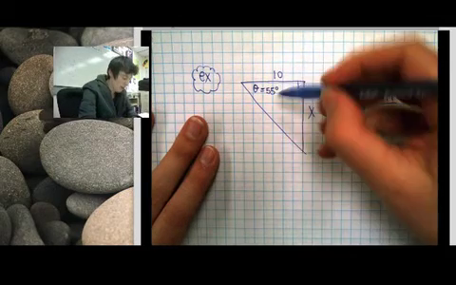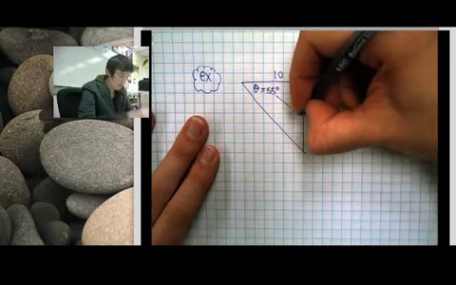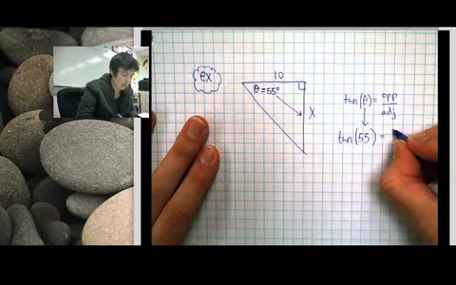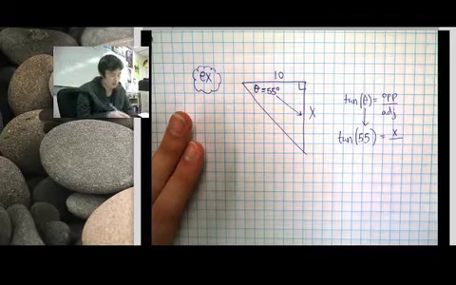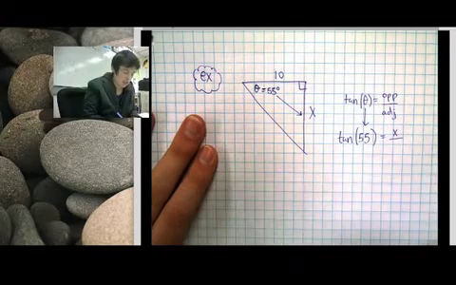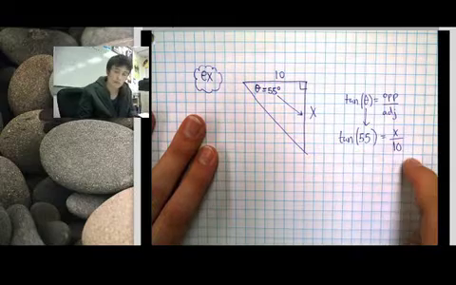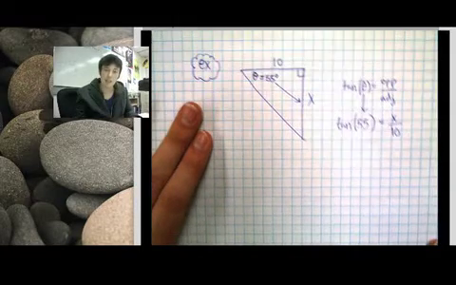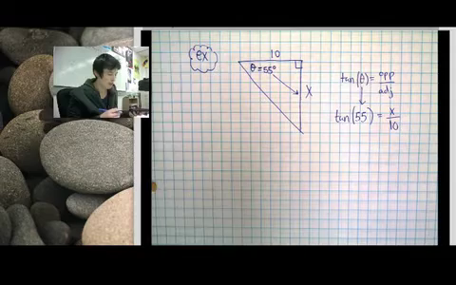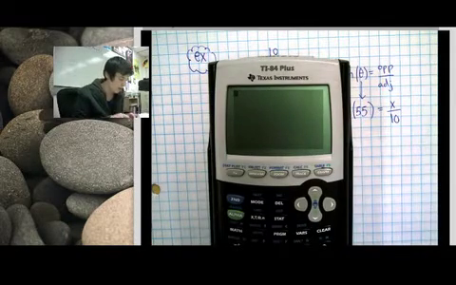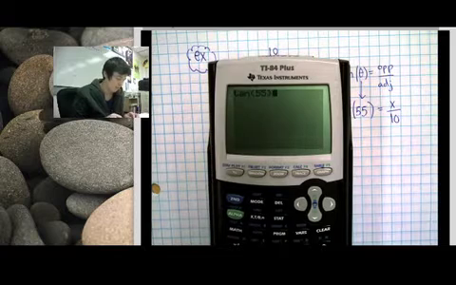Opposite is going to be straight across. So opposite of 55 degrees is x. So the opposite is x. Adjacent is right next to it, 10. So tangent 55 degrees equals x over 10. So let's use a calculator and figure out what's the tangent of 55 degrees. Alright, so we use our tan button. 55 degrees,